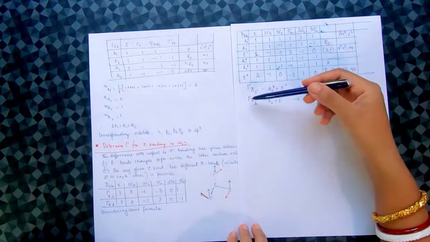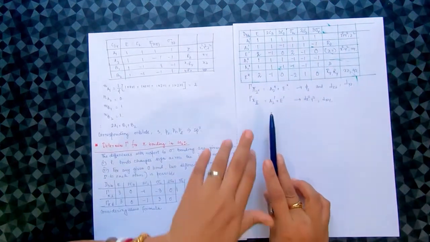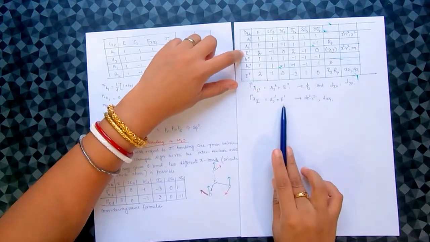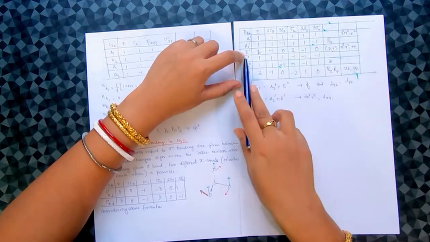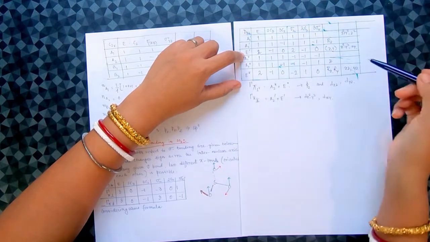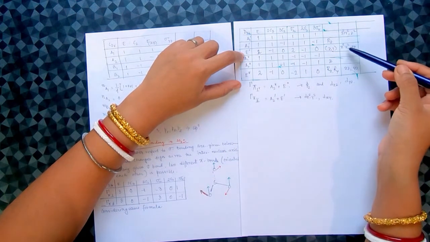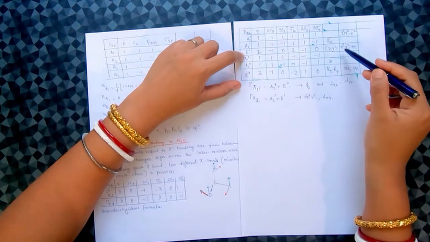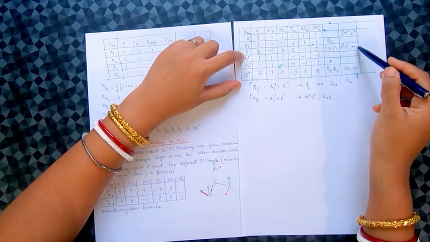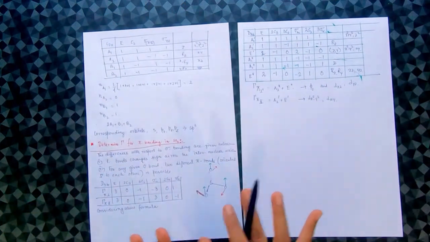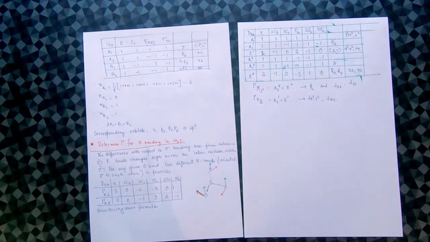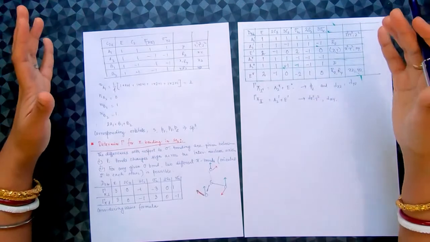Okay. In the next one, the irreducible representations are A2 prime and E prime. We go to the corresponding operation, that is Rz, and for the other one, E prime, I get xy and x square minus y square, xy, which means dx square minus y square and dxy are involved in these cases. Okay, so from this discussion we have understood how from the character table we can determine the involvement of bonding orbitals in a particular molecule.